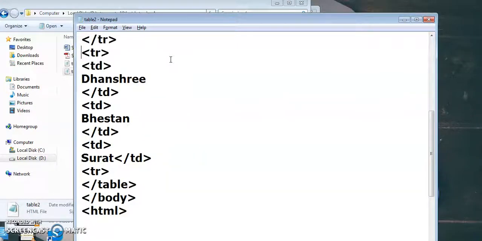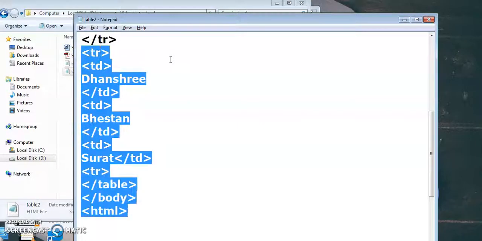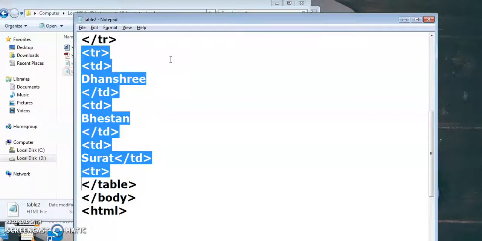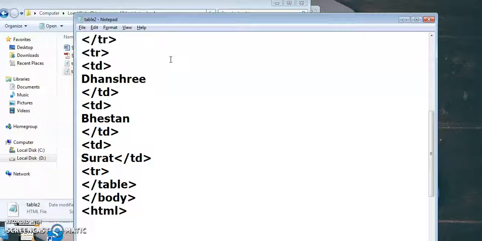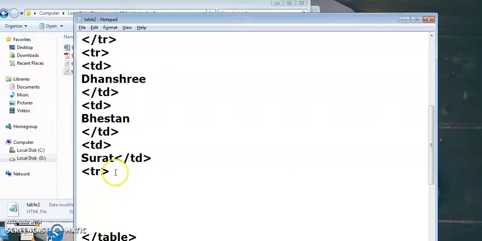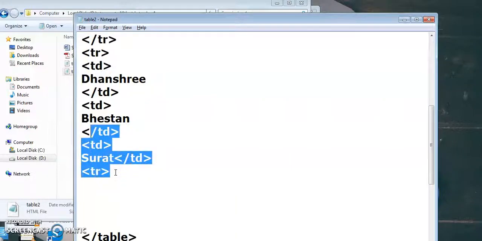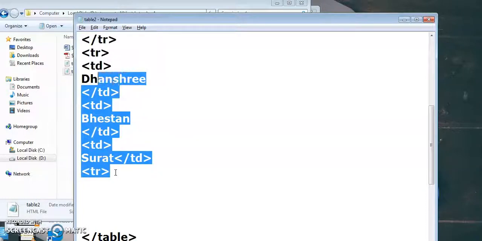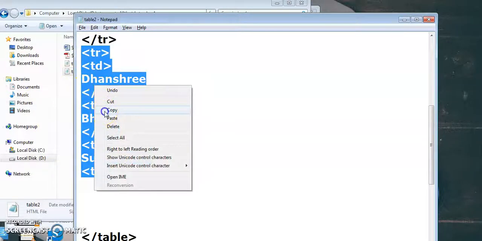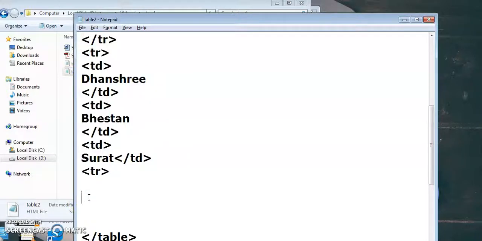We just copy this TR, because in each and every row only the values change, otherwise everything is the same. We copy our data with Control C, right click, copy, and Control V.